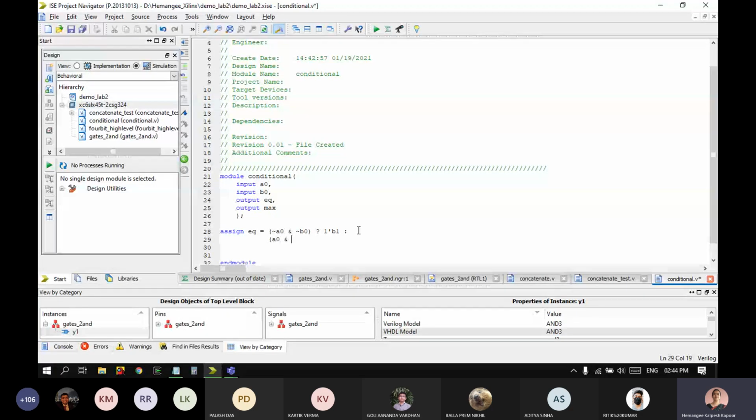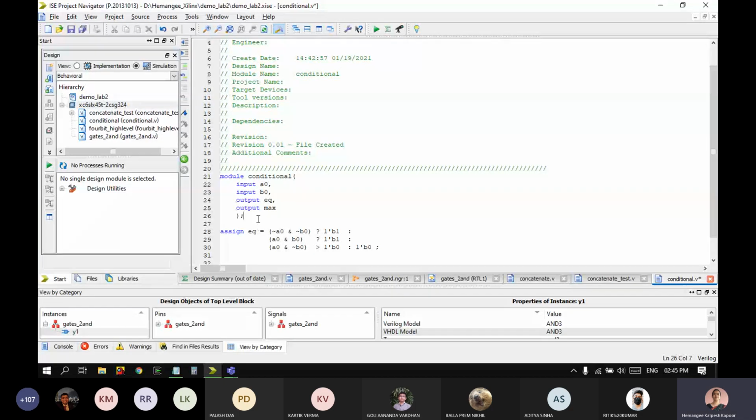If both are true, then even then I have to make the output as 1. Correct. Now we can directly put an else, but just for practice we can say if A0 is 1 and B0 is 0, then you give 1 bit output 0. All options exhausted, and the last one is 1 bit 0 and a semicolon at the end.